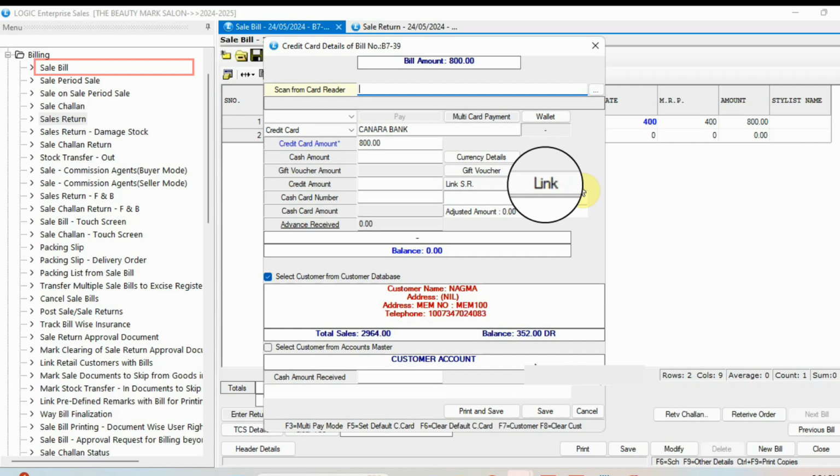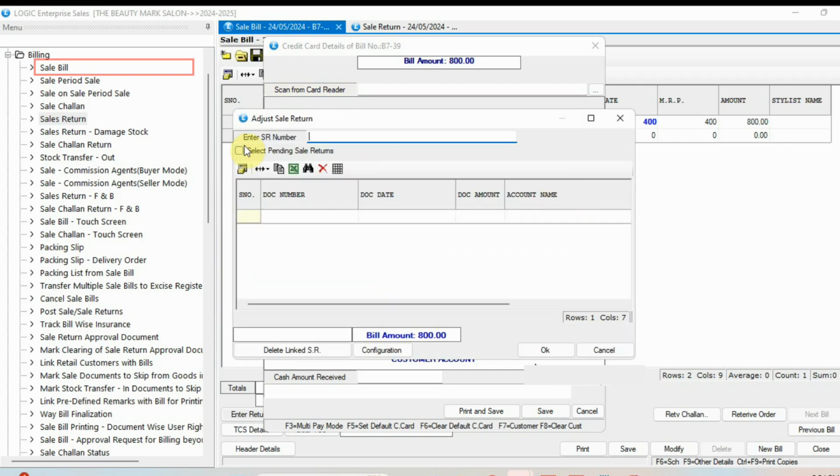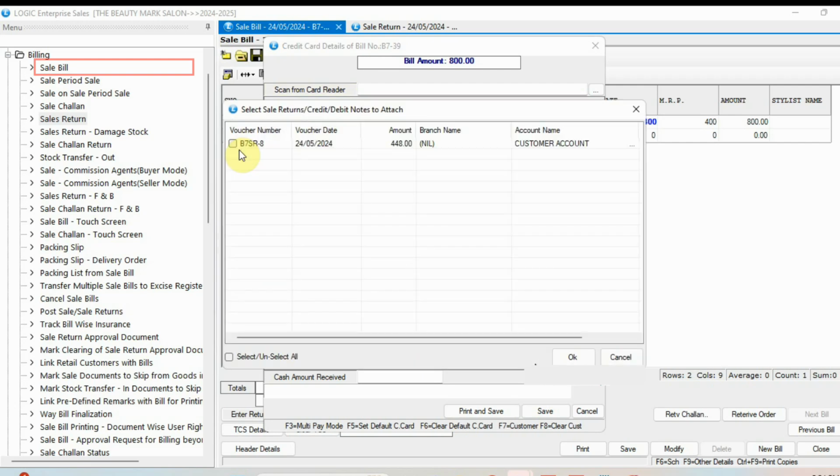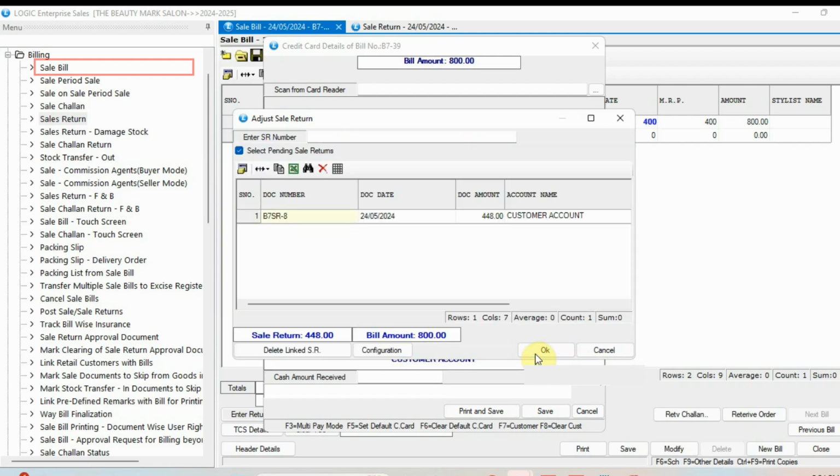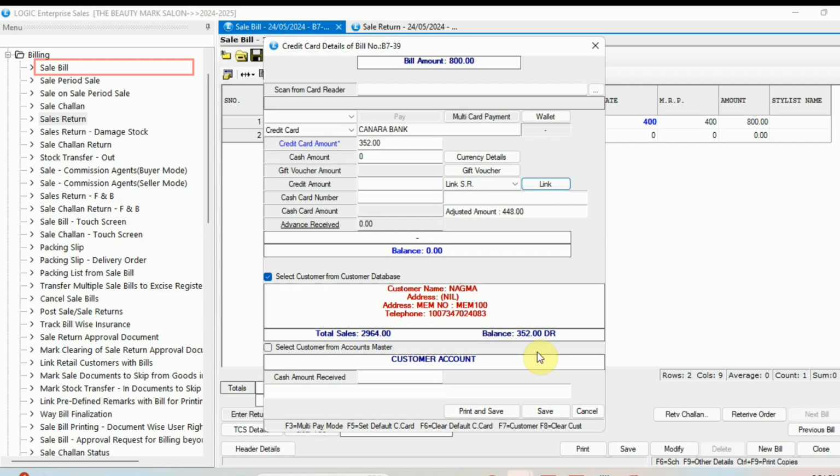In the payment window, click on the link button and click Pending Sale Return. Here, you can see the sale return we have made being displayed over here. Select the sale return and click OK. Now our sale return or credit note has been redeemed in this sale bill, and the adjusted amount is being